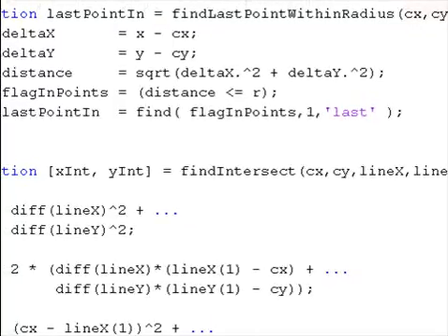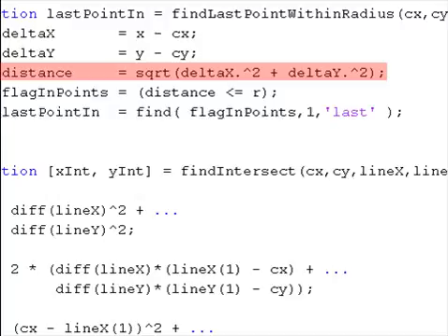And basically, we're passing in the center of the circle. We're finding the difference between every data point in the x series and the center point. Then we're doing the same for y. Then we're going to use the Pythagorean theorem to figure out what the distance from each of those points is